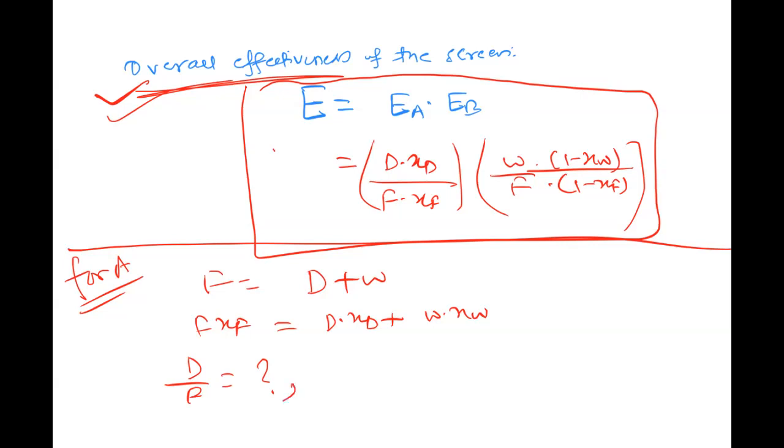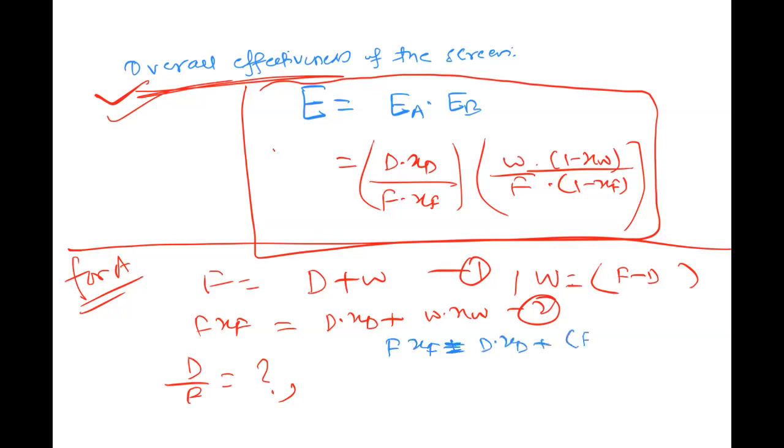For this, just replace W equal to F minus D. So this is equation 1 and this is equation 2. Just replace W equal to F minus D here. If you put this here, I'm changing the color of the pen. F into XF equal to D into XD plus F minus D into XW. So if you solve, you will get D by F equal to,